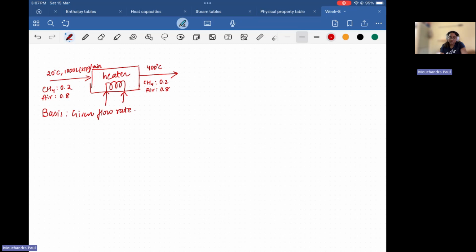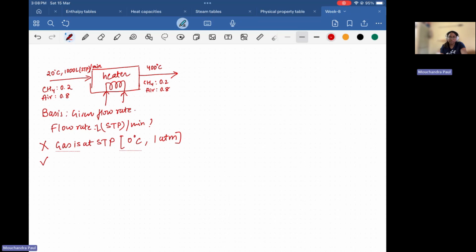Also note the flow rate is given in liter STP per minute. What does this mean? This does not imply that the gas is actually at STP condition, meaning 0 degrees Celsius and 1 atm. But what this implies is that